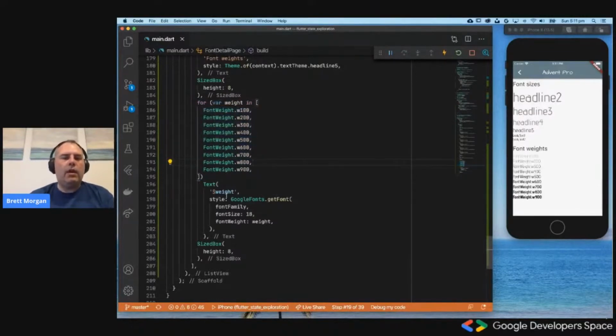Hit save. And as you can see, I picked Advent Pro because we've actually got a collection of different weights. Quite a few fonts only have two font weights. Whereas if you have a look here, you can see that there's differences pretty much all the way up the scale. So there's got to be at least 5 or 6 different font weights there, which is a very nice font. So getting back to it, what I'm doing is iterating through this collection of font weight objects,